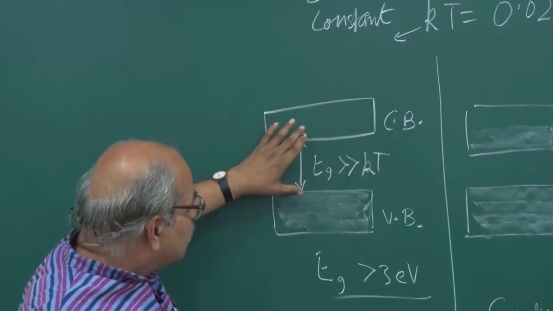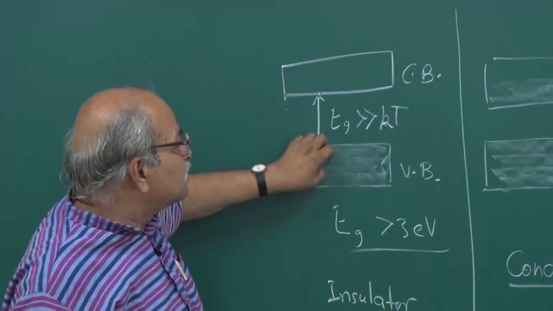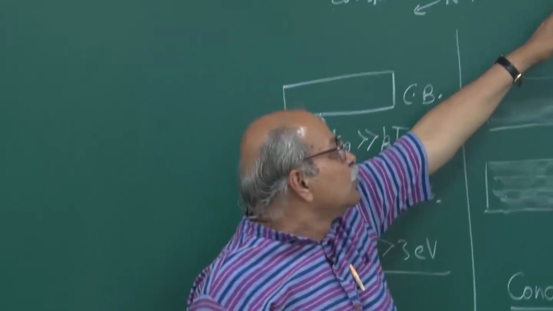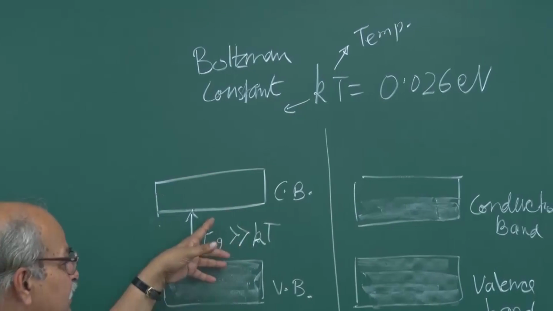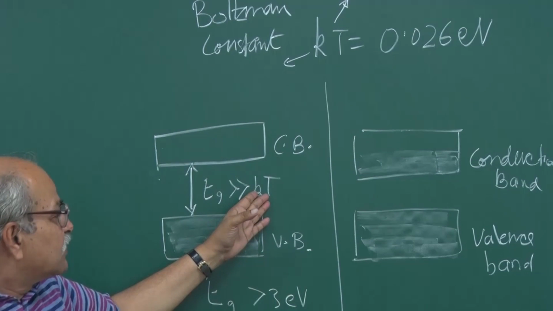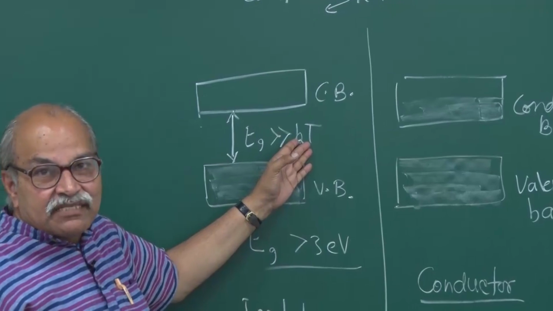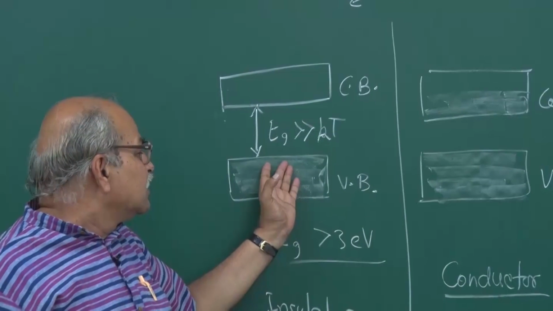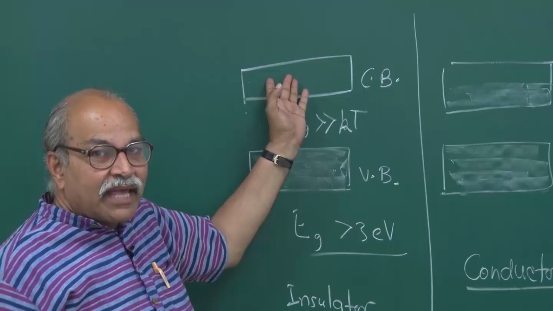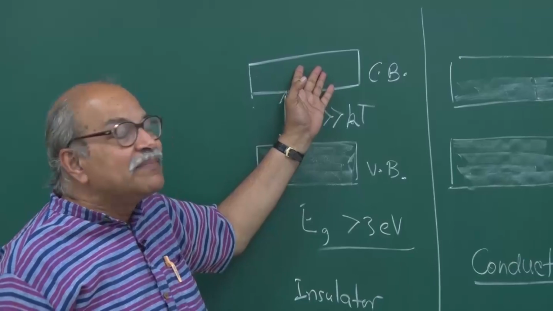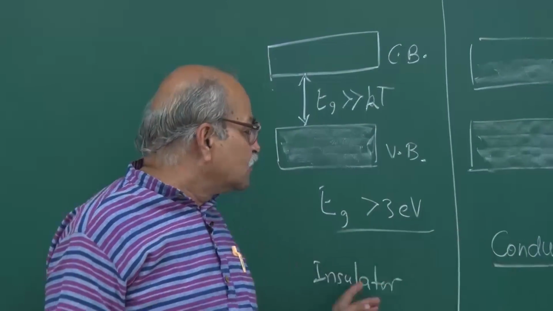So the average is this, but you do have some events in which a thermal energy can be much larger than this. But if this gap is very large, say 100 times kT, that will be 2.6 eV, 100 times, 200 times, 300 times, then even at room temperature, through thermal interactions, there is a negligible chance that some electrons will accept those thermal energies and go to this conduction band, and therefore it still remains empty. And these are insulators. Why is this a conductor and this an insulator?